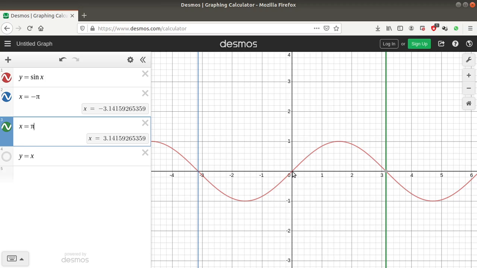Okay, and is there any other fixed point? Yes, one is here and another one is here. The thing is, we are not going to consider those as two more fixed points. This fixed point and this fixed point are the same. Okay, so if you see it in the circle,